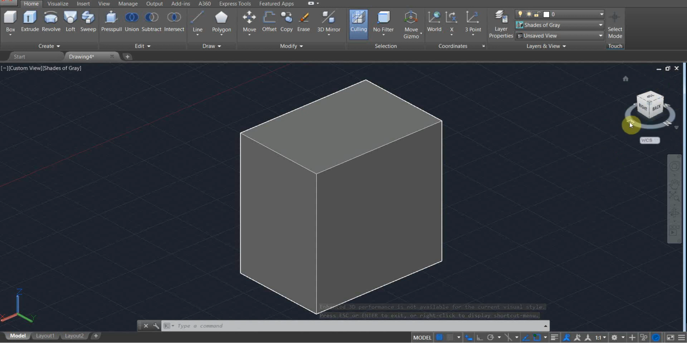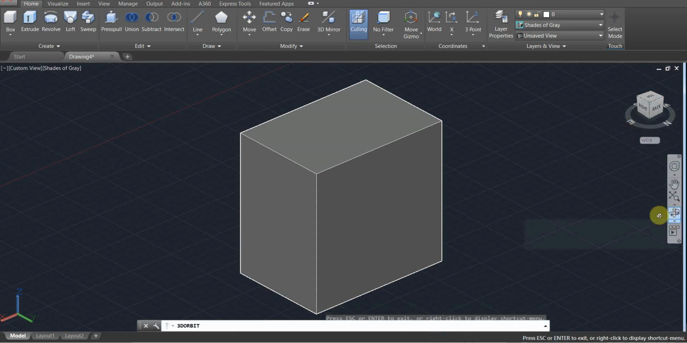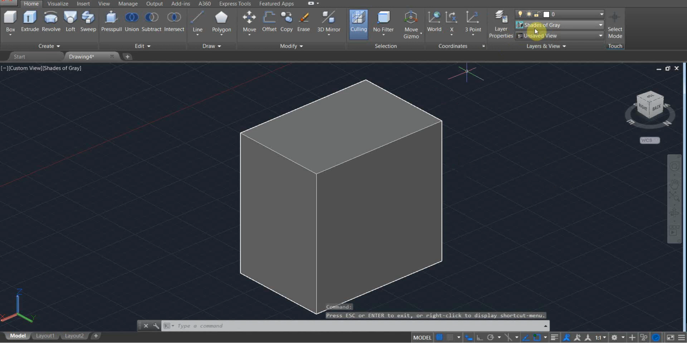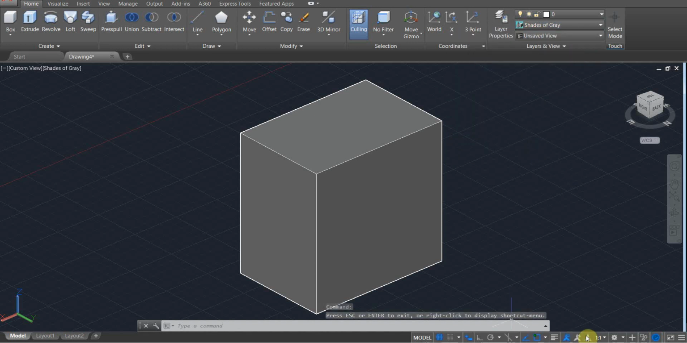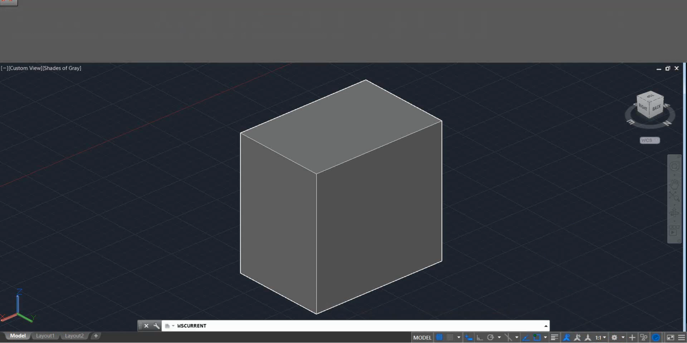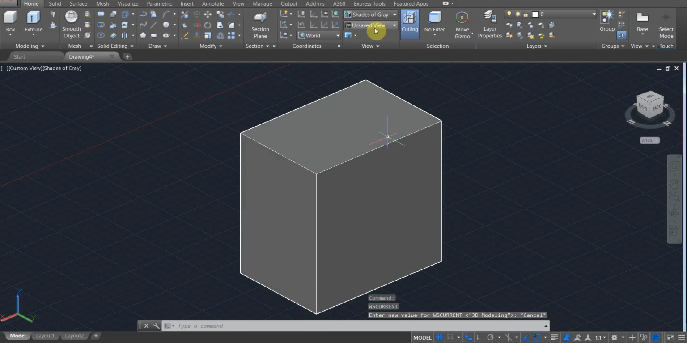For the view, you're gonna use the view box, and you can also choose this orbit. For the visual style, you're gonna use the visual style list here. This is for the two-dimensional, for the 3D basics. The visual style list in the 3D modeling, you're gonna find it here. If you switch to the 3D modeling, you're gonna find the